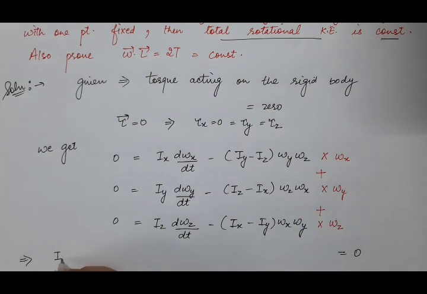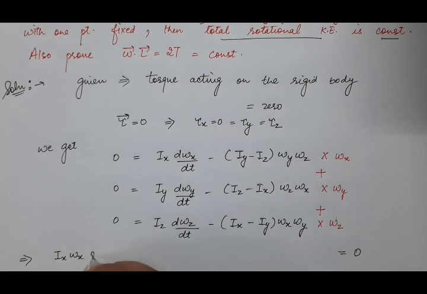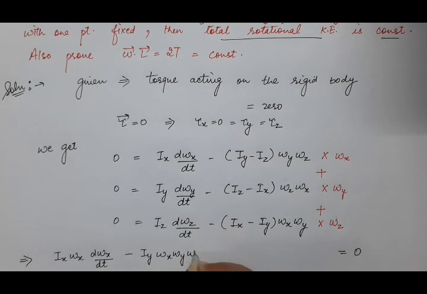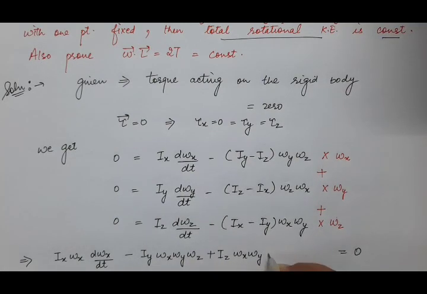So here we will have Ix omega x into d omega x by dt, minus Iy omega x omega y omega z, minus minus plus Iz into omega x omega y omega z,